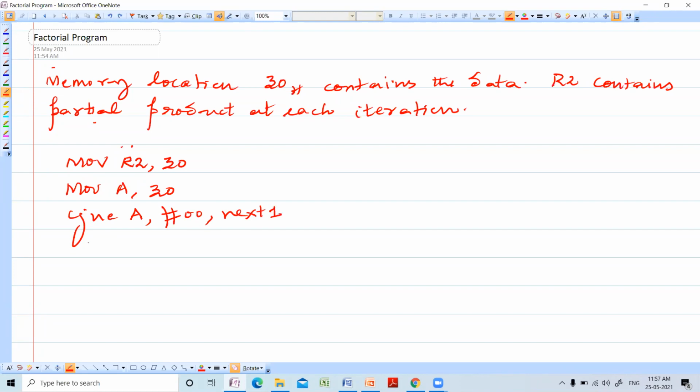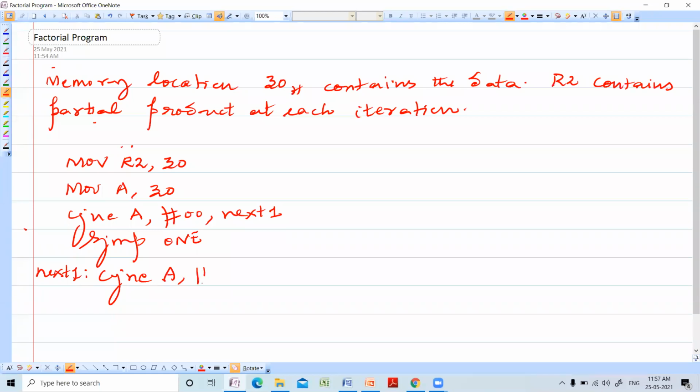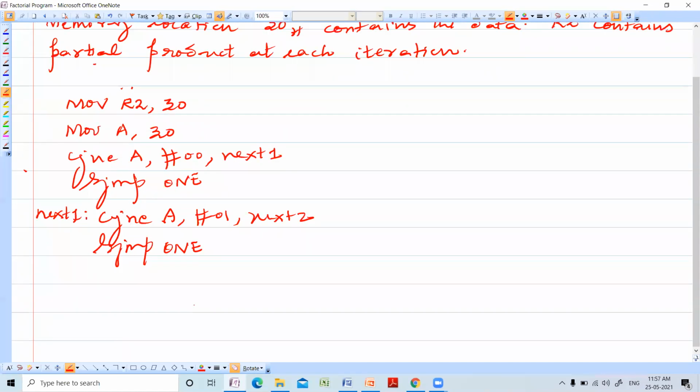If it is equal, 0 factorial is 1. So I will just give the target location as 1 only. Next, you can check CJNE A with #01. Next, true if it is not equal. If it is equal, once again it is 1 only. 1 factorial is 1.